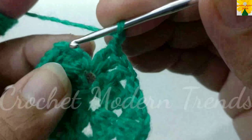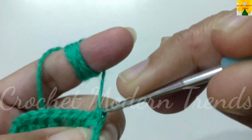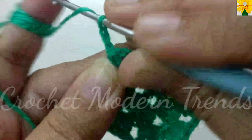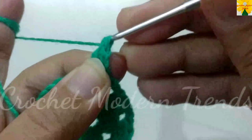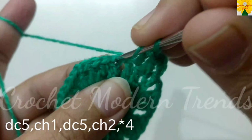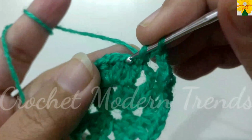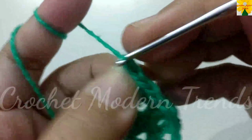We have made chain 2. Now we have to join the stitches on the top of the fourth stitch with a slip stitch. On the top of the fourth stitch, chain 1, 2, 3 which counts as a double crochet. On the top of the next stitch, double crochet 2, double crochet 3 on the top of the next stitch, chain 1 for chain space, yarn over, on the top of the next stitch, double crochet 1, on the top of the next stitch, double crochet 2, double crochet 3 on the top of the next stitch,